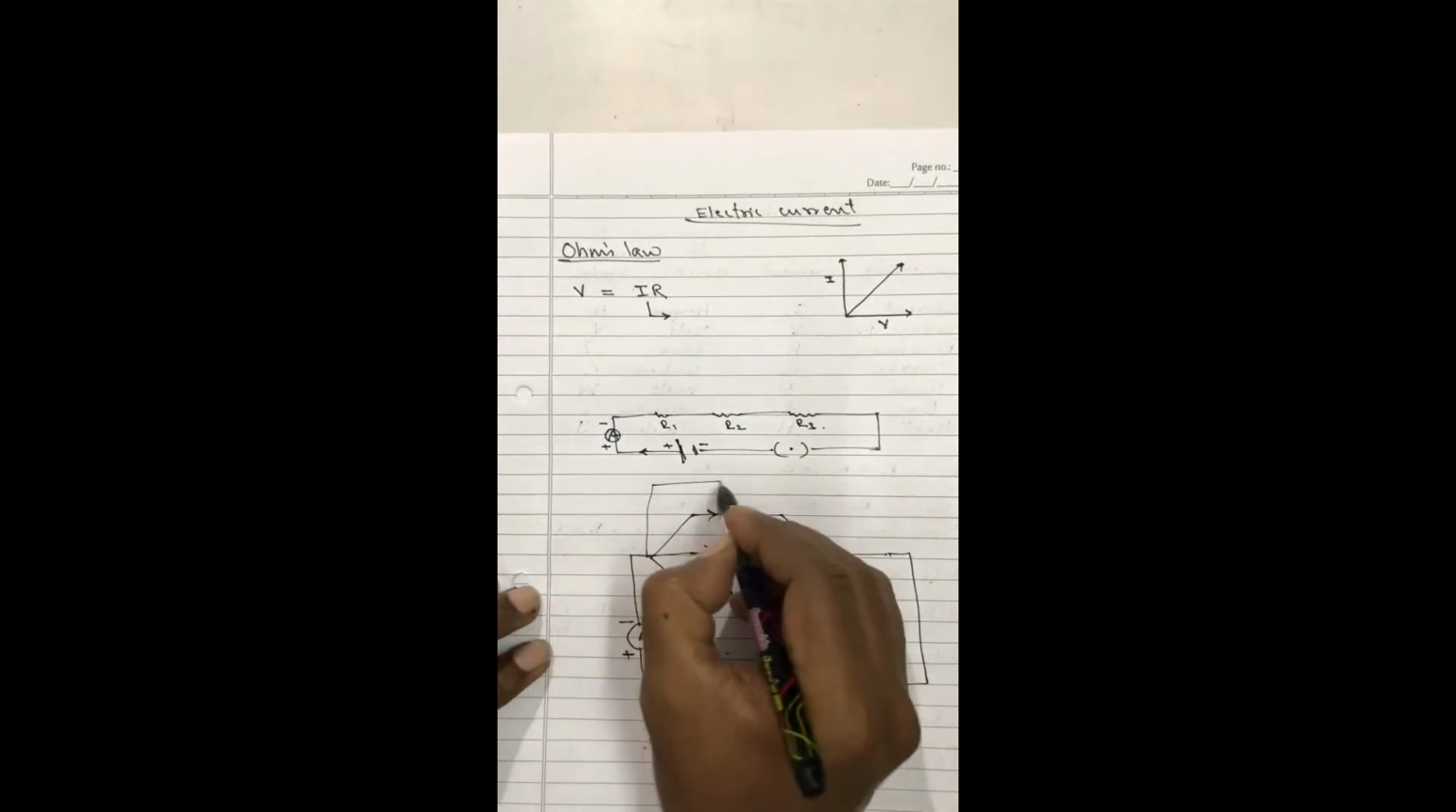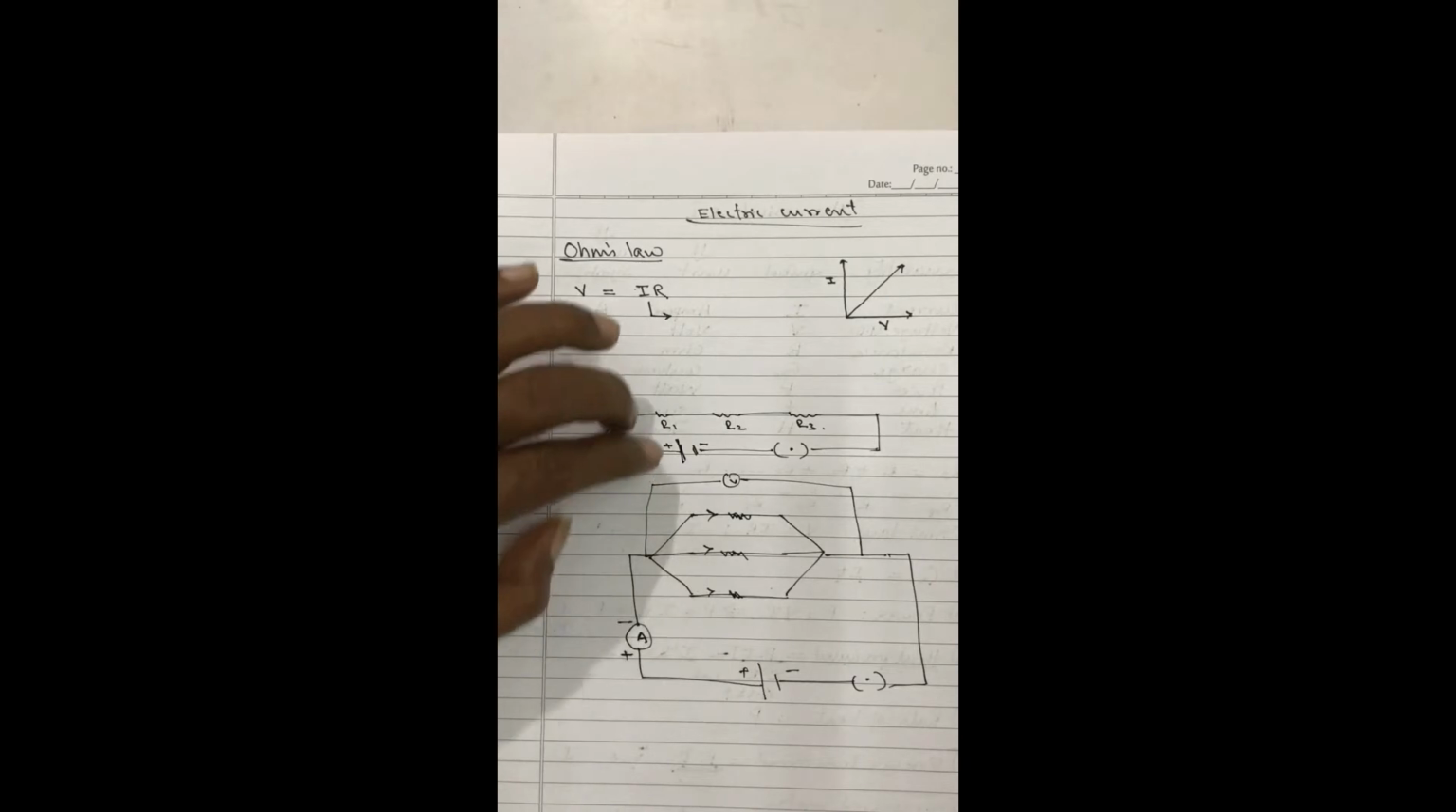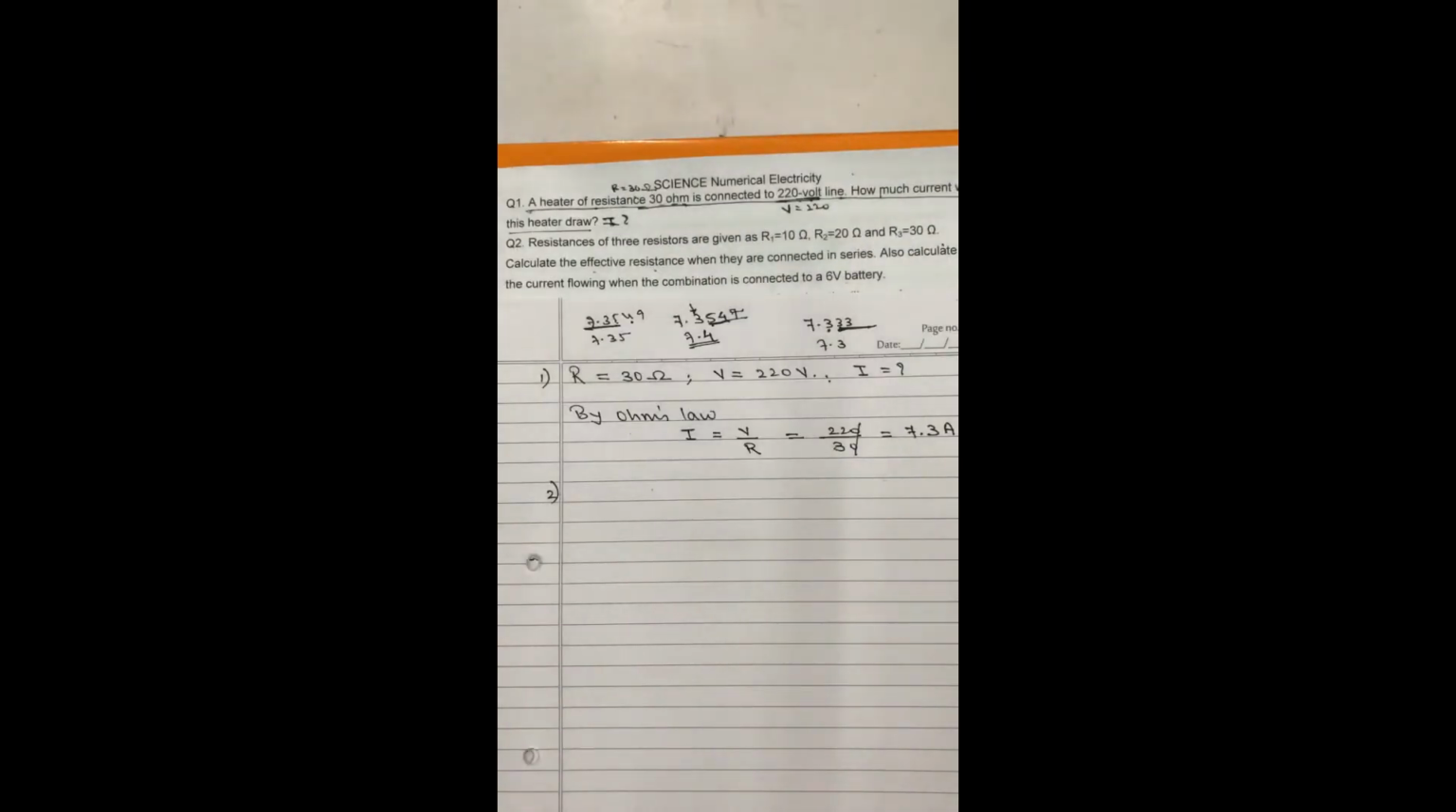A voltmeter is always connected in parallel, something of this sort. It is always connected in parallel, and an ammeter is always connected in series. This is the parallel combination, this is series. And of course you have to know lots of other properties they have got. So here they have told,